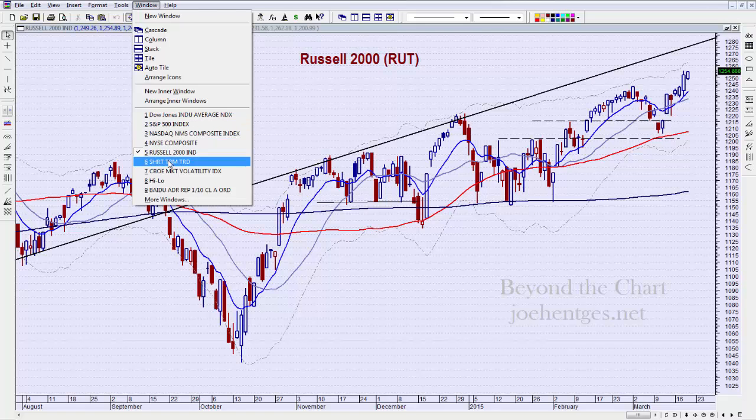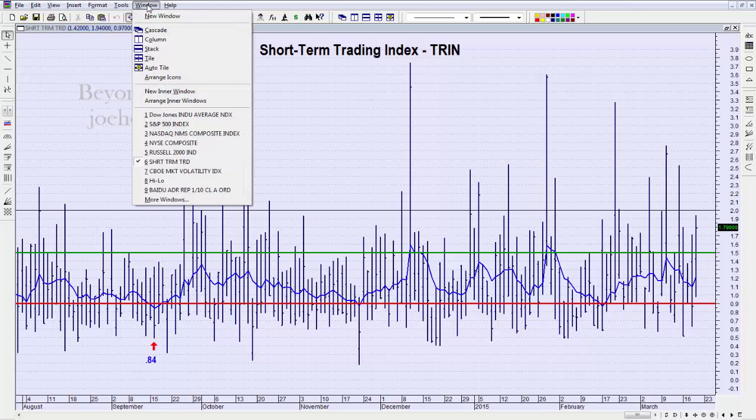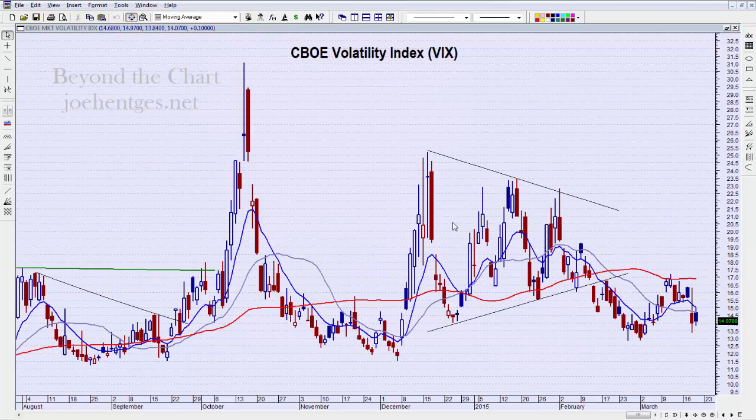And let's go to the short-term trading index. We're kind of in the middle here. The 10-day moving average is right smack in the middle of the range, so no strong indication there. The VIX, on the other hand, was up 0.1, 1/10 of a point